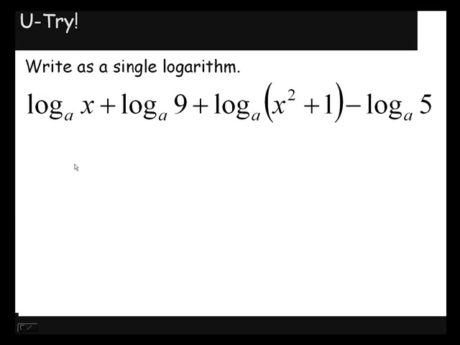Alright, log base a of x we can't do anything with. Log base a of 9 we can't do anything with. Can't do anything with any of these individually. So where it's plus, we're multiplying. Where it's subtract, we're dividing. So